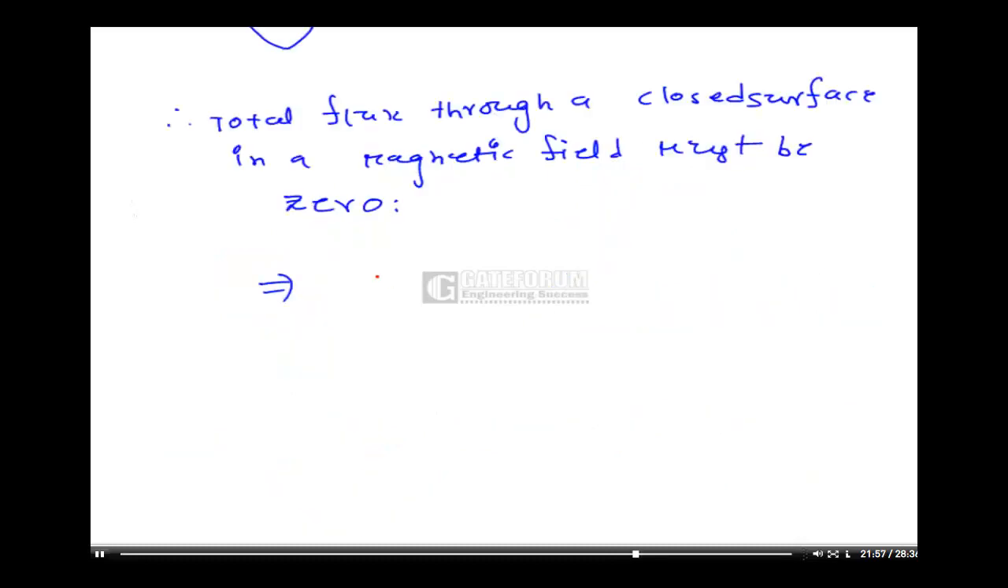That implies psi, the magnetic flux, is equal to 0. That implies the integration over S of B dot ds is equal to 0. But by using the divergence theorem,